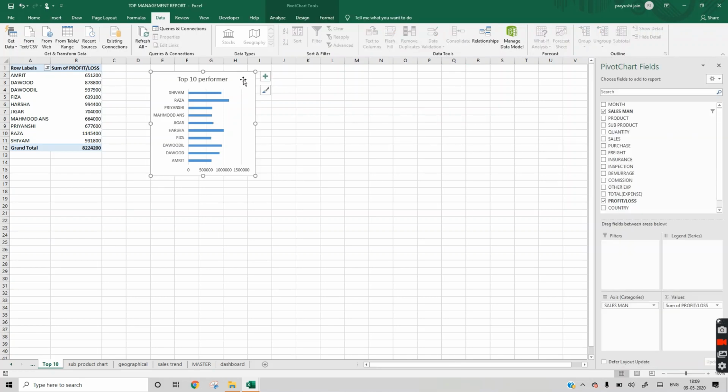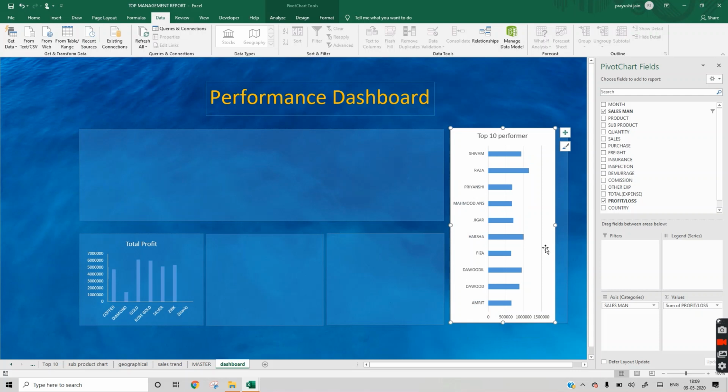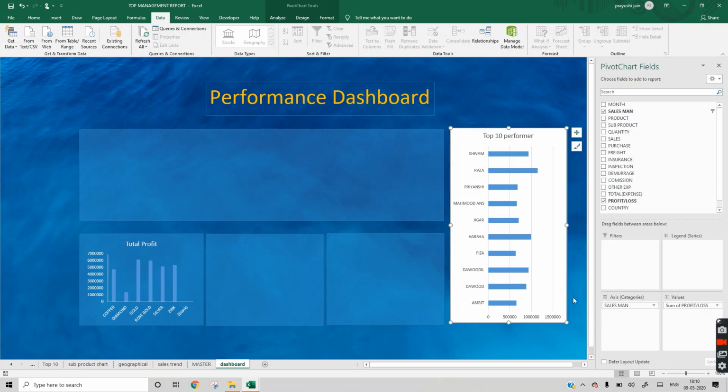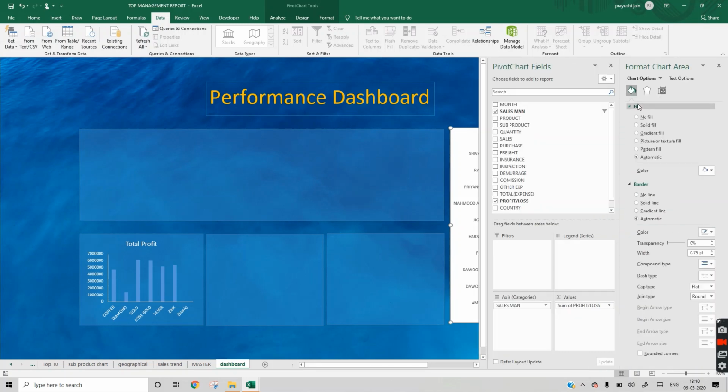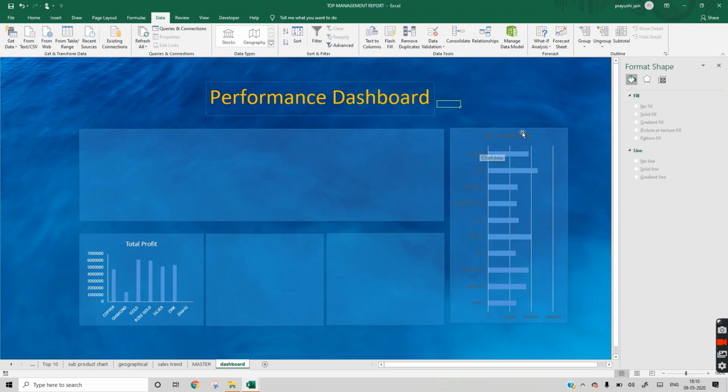So we will select this, go to the dashboard. Similarly, we will stretch. Right click, Format Chart. We'll select no fill with no line.